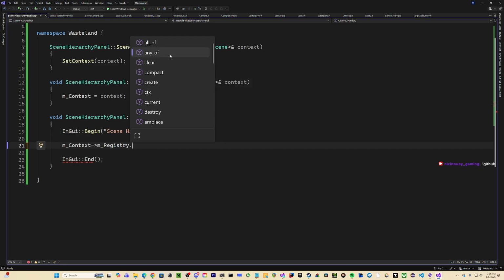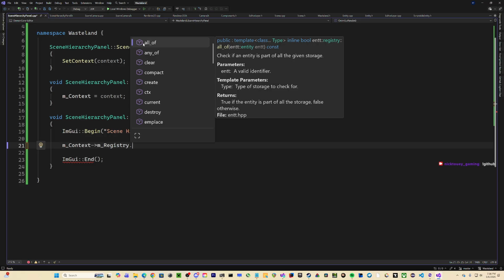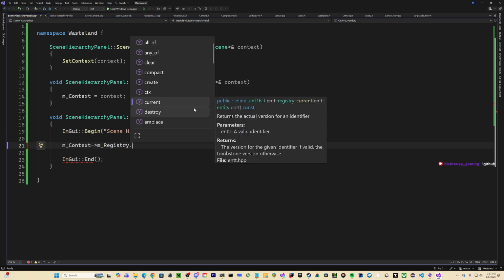Can I just do an all of thing? Where it gets... no, but that's storage specific. I want it to get all of the available entities that are drawn to the scene. Current, maybe?